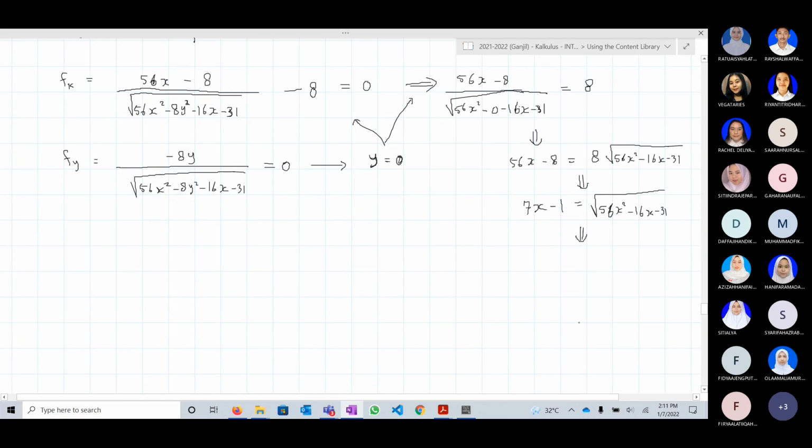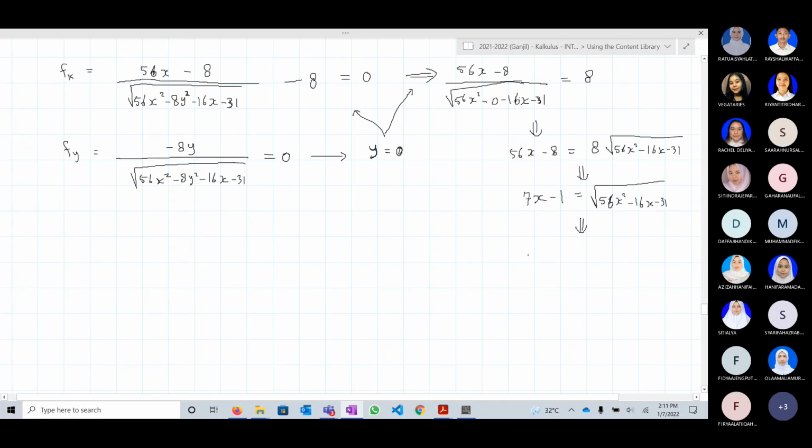Then if we square both sides, then we have 7x minus 1 squared is equal to 56x squared minus 16x minus 31,